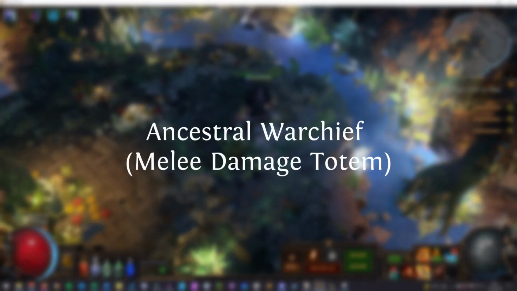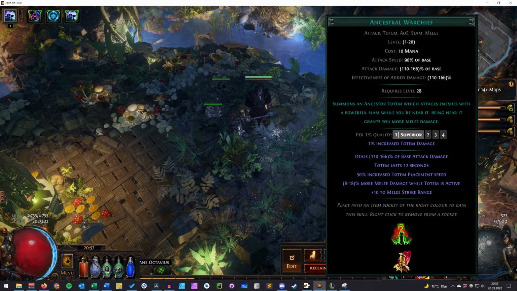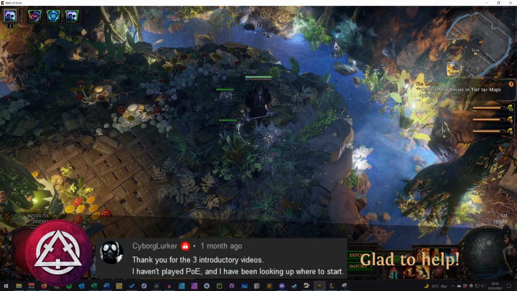Unfortunately, all the setups we've talked about don't work for Ancestral Warchief, you know, the melee damage version of the totem. However, if you decide to use the Panopticon Anoint, you can use both Ancestral totems at the same time. I mean, using both totems at the same time is a decent damage boost to melee attack builds in itself,